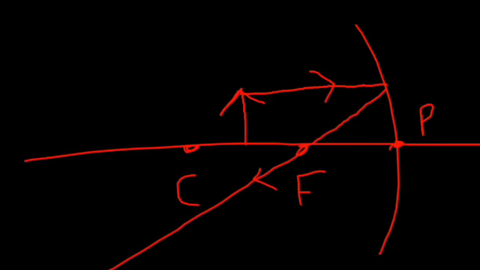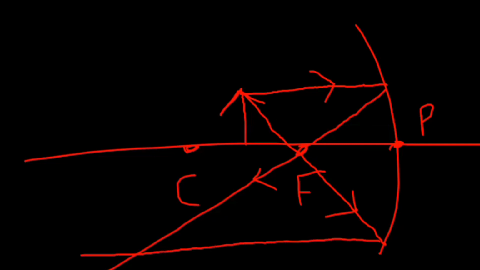Okay. The another ray of light, which again starts from the top of the object, passes through the point F. Okay. Similarly, the reflected ray moves parallel to the principal axis according to the rule, and both the reflected rays meet at a point. Mark this point and draw a vertical line from this point. Mark the arrow. Now here the image has formed. So here the position of the image is beyond C and the nature is real and inverted.